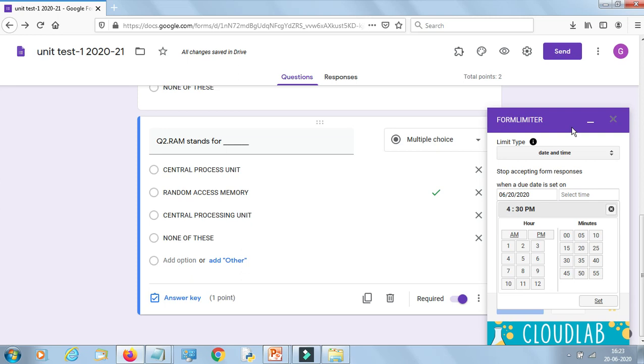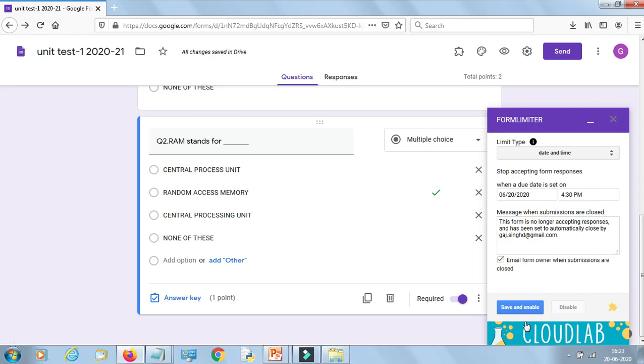So अगर आपका टाइमिंग 10 से 11 का टेस्ट है, that means 9:55 के आसपास आप इस लिंक को कॉपी करें. बाद में भी करेंगे, that means students को कम टाइम मिलेगा. That is the precaution you must take care of. तो after that इसे सेव और एनेबल कर दीजिए.